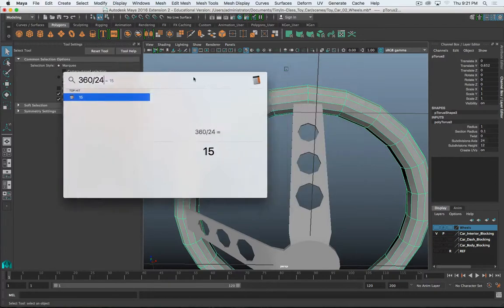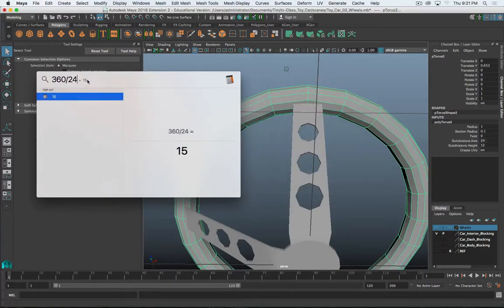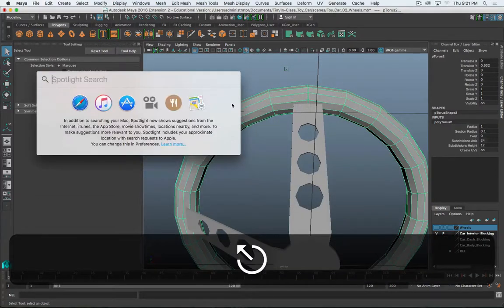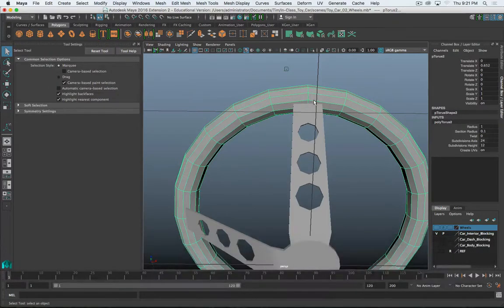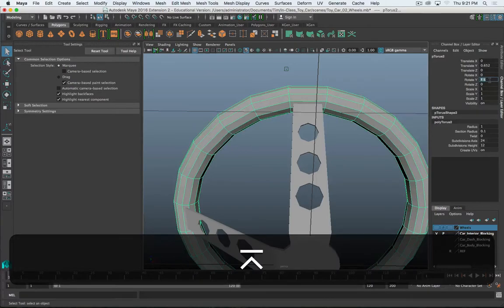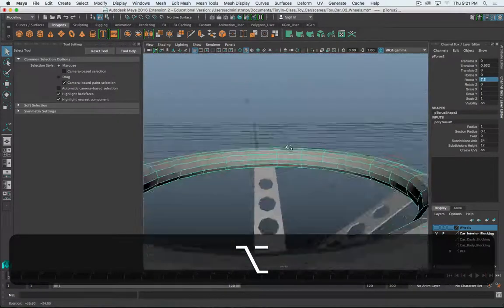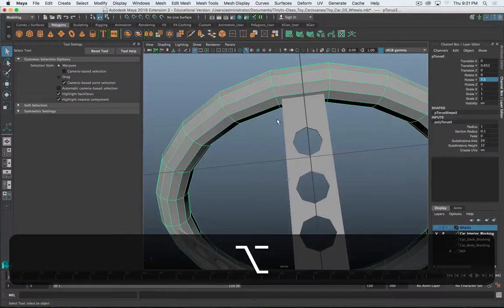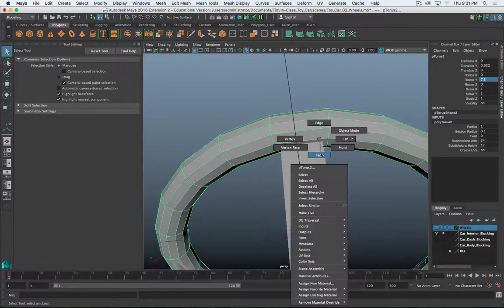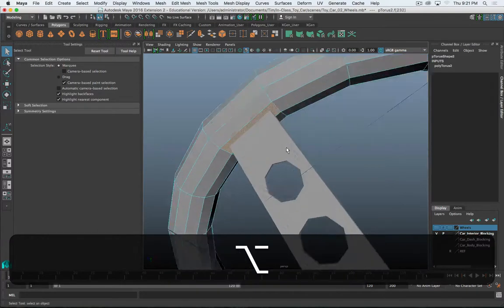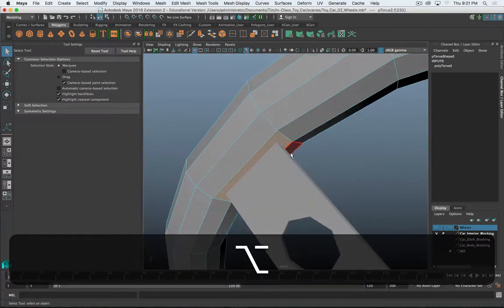But that will just bring the next edge loop over. So we need to divide 15 by 2, which is 7.5. So we rotate this torus 7.5 degrees. And now we've got that lined up there. Okay. So now what you can do is delete that face,